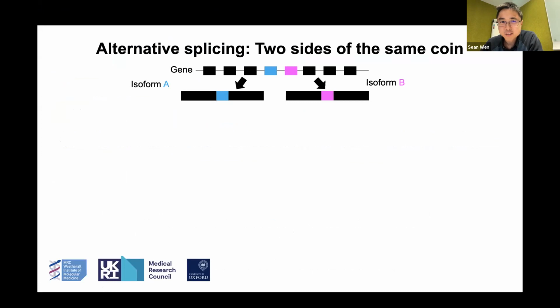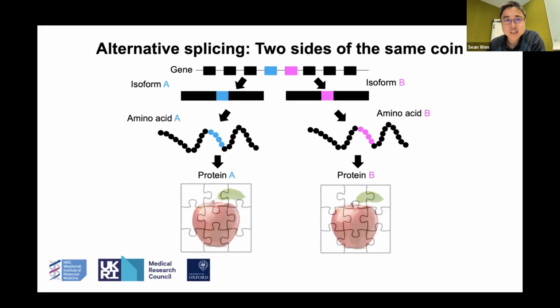So we have to always start with the genes. A gene is essentially a series of exons, but how a gene uses different combinations of exons would give rise to very different isoforms. For example, if we look at this gene over here, when it uses the blue exon, it gives rise to isoform A. And when it uses the pink exon, it gives rise to isoform B. And quite naturally, different isoforms will give rise to different amino acids with different sequences, and finally giving rise to